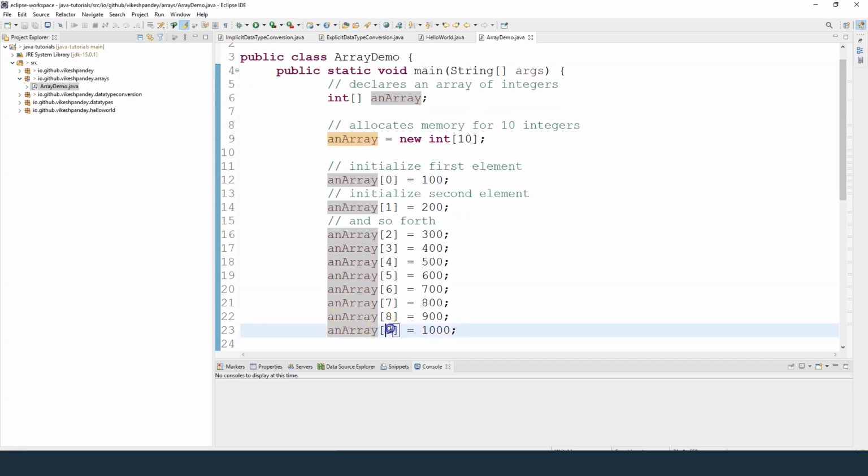So this is the 10th element, which is accessible as index 9, and the value is 1000 basically. So from 100 to 1000 we stored 10 values in this array, and we stored them by accessing the index. This is actually the only way you can store values in the array, by pointing to the indexes. So we go from 0 to 9 and we stored all the values, 0 being the first element and array of 9 being the last, the 10th element. Remember the length minus 1 concept.